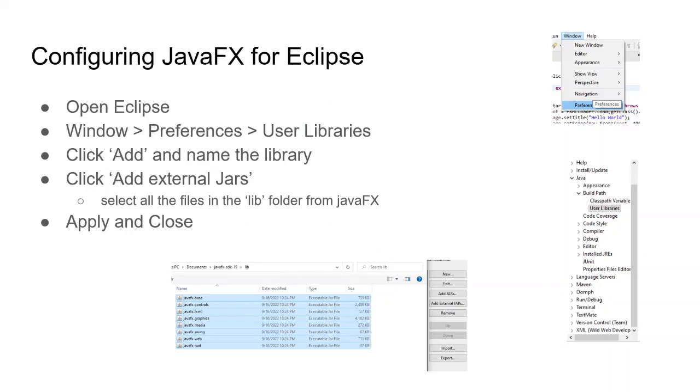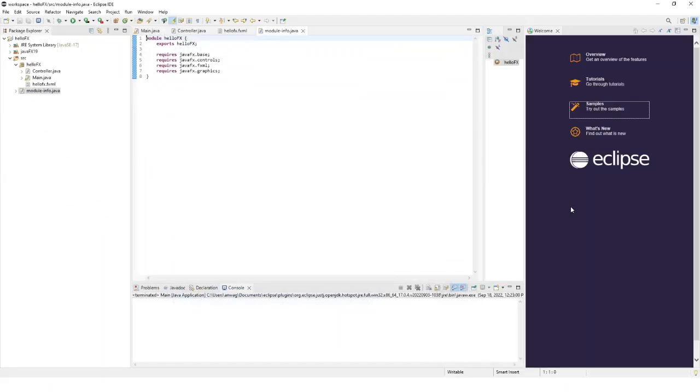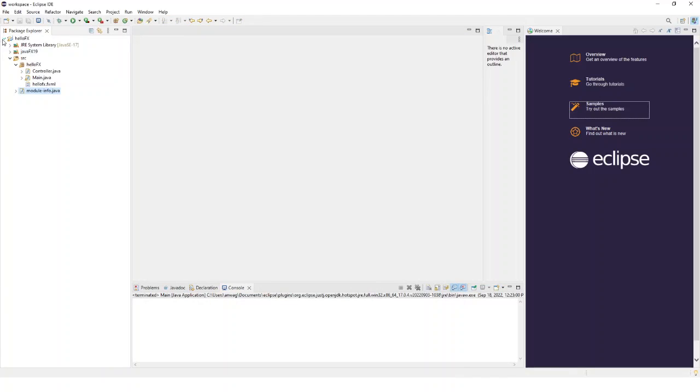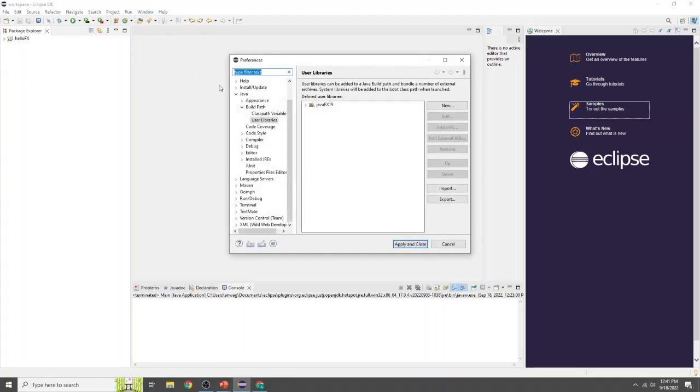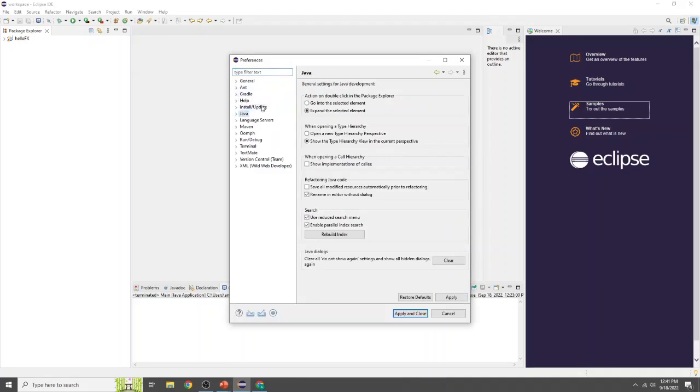So what you want to do first is obviously open Eclipse. So we can open Eclipse, and you see I already have HelloFX open. So we'll just ignore this, we'll open it later, and let's get to setting up JavaFX. So assume you don't have JavaFX set up. What you want to do first is go to Window, Preferences. And you'll see I already have this open, but assuming I didn't, you'll want to click Java, Build Path, and